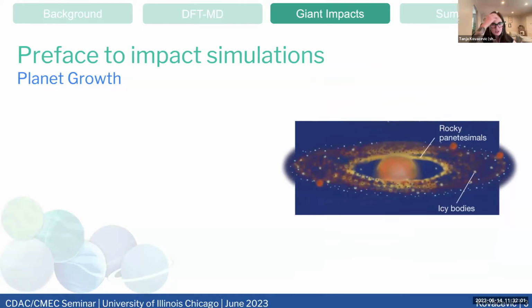So let's look at that region of the solar system or planetary system formation. Many researchers who work in this field believe that some planets grow through collisional growth. That pretty much means that planetesimals, or mini planets, are colliding into each other and forming these larger planets, so something similar to Earth.